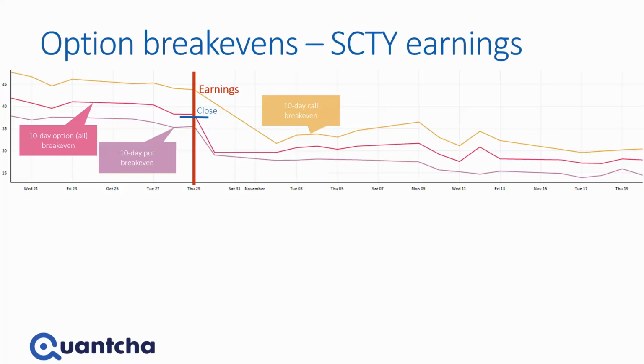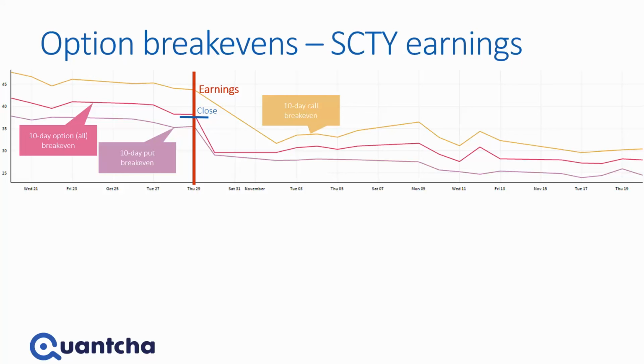That means that the sentiment indicated that there was a lot of expectation for the stock to go up, most likely, or that the people who were buying into the calls were opening those call positions far out of the money. Either of those things can impact the distance between the closing price and the call break-even over that 10-day horizon. At the same time, the put break-even was much closer to the price of the stock at the time,